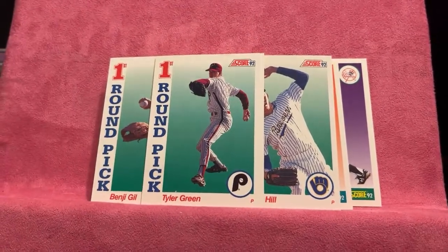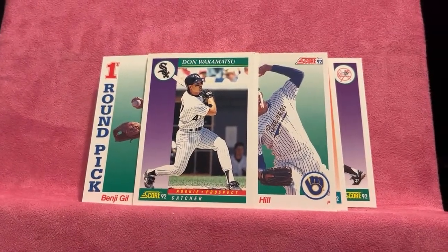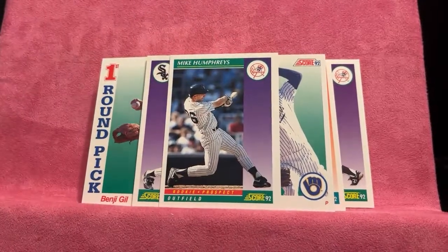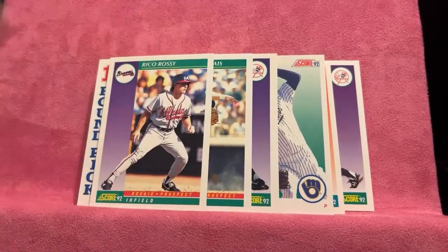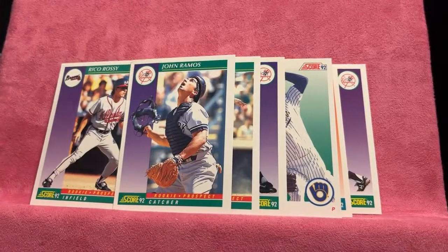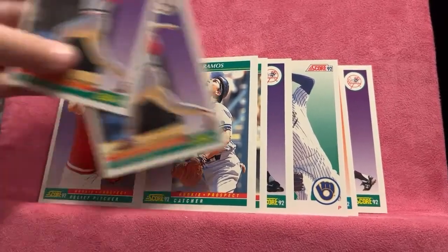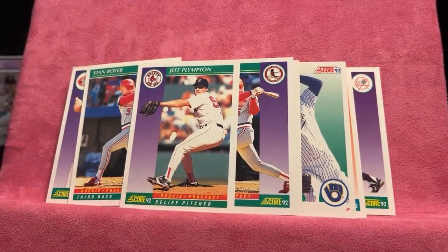Tyler Green. Oh, then boom, we're back to Don Wakamatsu. He got into coaching. I know that name from the Cubs somewhere. Mike Humphreys, Scott Service, the catcher, he played. Rico Rossy, and John Ramos of the Yankees. Don't remember that career. Milt Hill, a couple Stan Royers. He was a third baseman. Jeff Plympton,